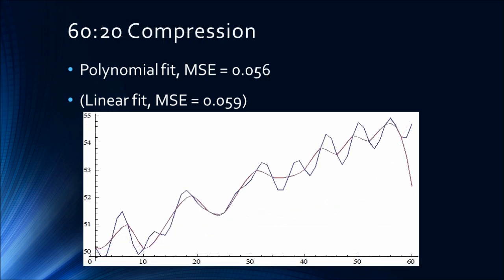So we say, all right, I'm just going to do a 3-to-1 compression. And what we see now is we're on par with the linear fit, but we've preserved some of the bumps. So this is sending every third data point down to the ground, and then doing a cubic spline or anything fancier in between, as long as the derivatives match and you have nice clean slopes between the data points. So this is pretty nice. It is a better fit than linear, and it's bumpy, but our challenge is to see, can we do better and send less data?